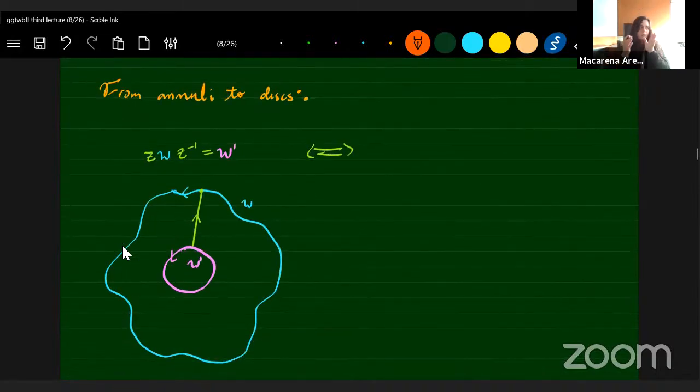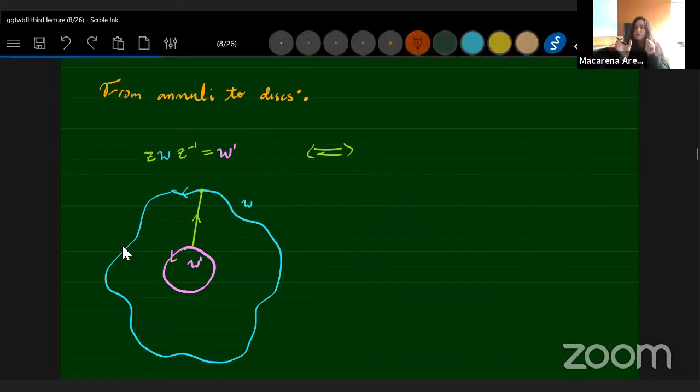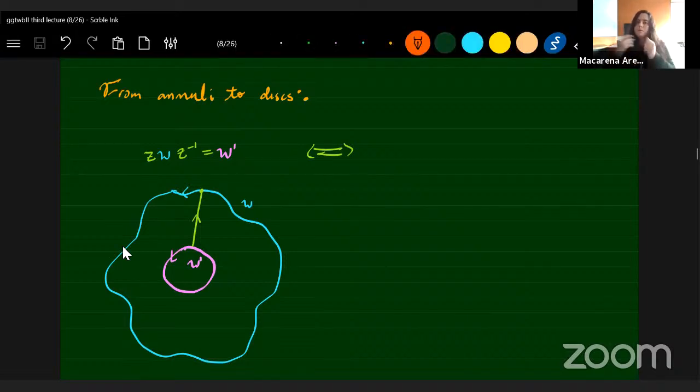So we saw that we can go from conjugation to the word problem by taking one of the conjugate elements to be the identity. There is also a sort of dual to this statement. So if we have a conjugation of this form, this corresponds to an annular diagram. And one thing I can do to this word is the following.